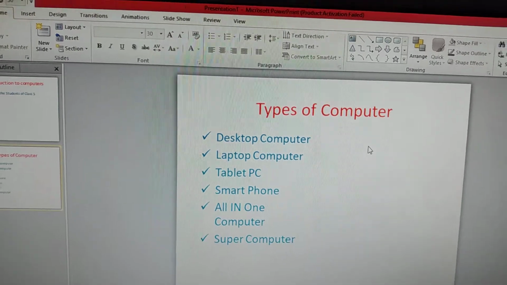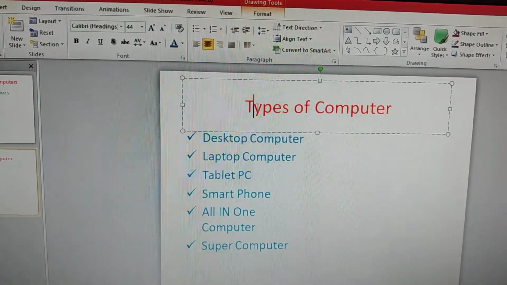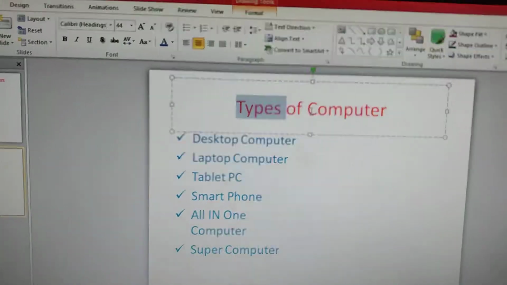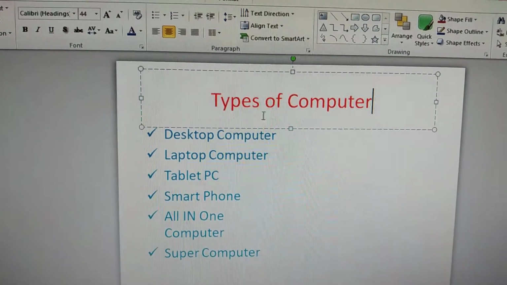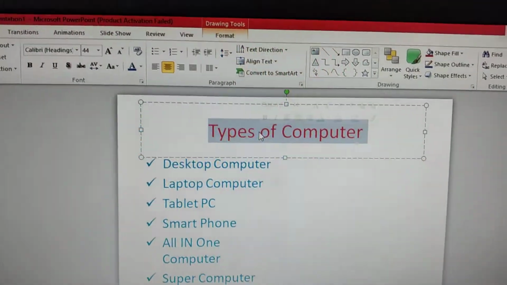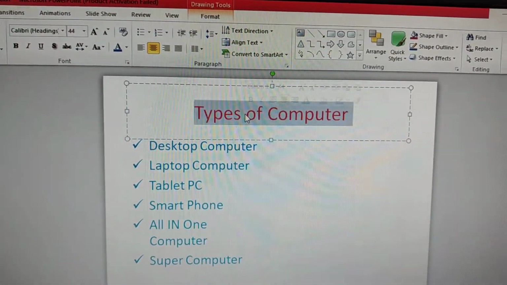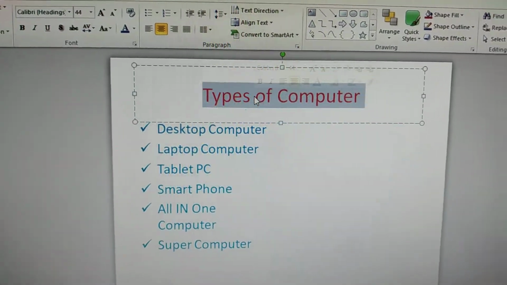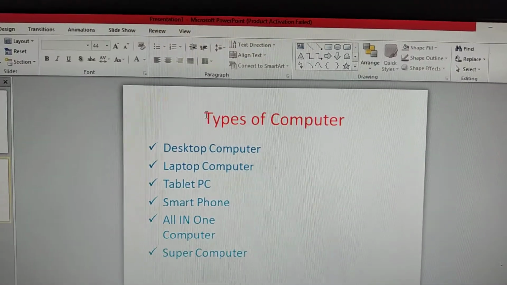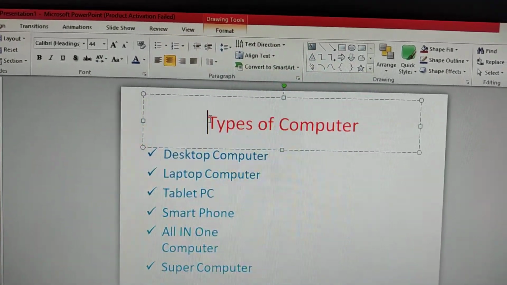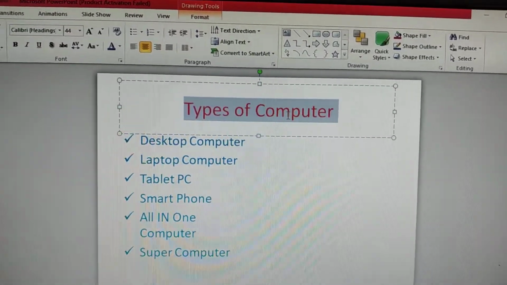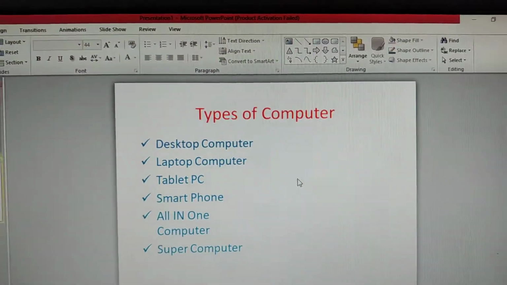Now next I am going to tell you how you will select a word. If you want to select a word, just double click on the word. You see the word is selected. If you want to select the entire sentence, you triple click and the entire sentence will be selected. So these are the shortcut keys: double click to select the word, triple click to select the entire sentence. And if you want to select any part, you must click on any of the words and then drag your mouse till where you want to select the text. So in this way you are able to select the text.